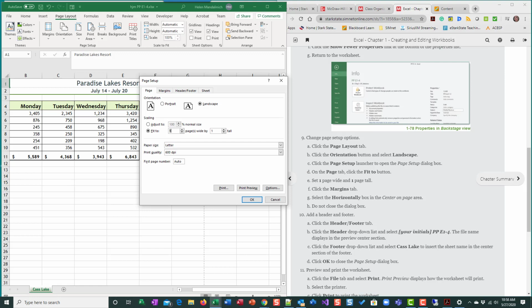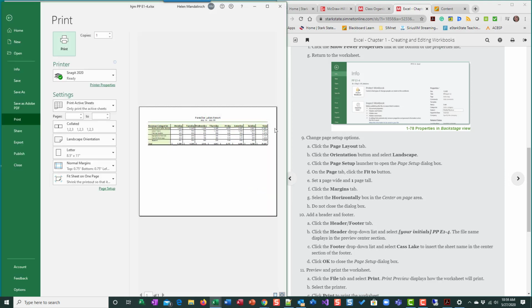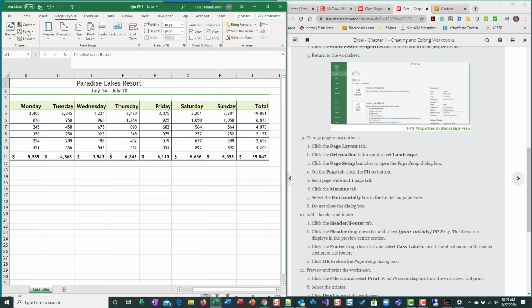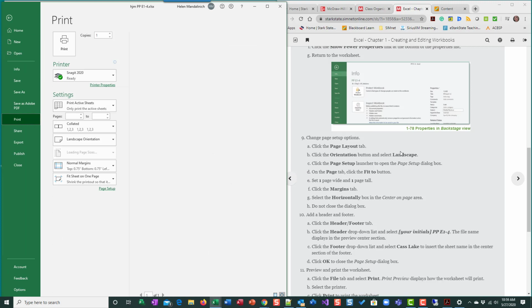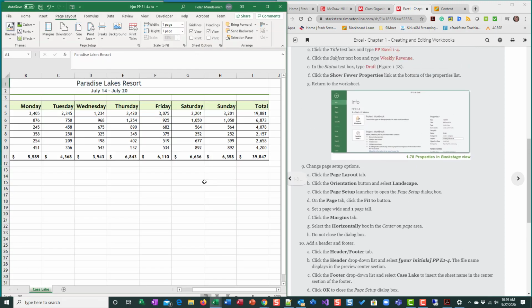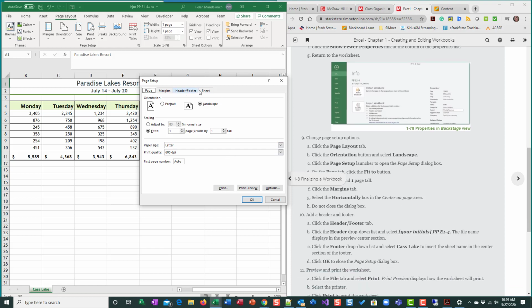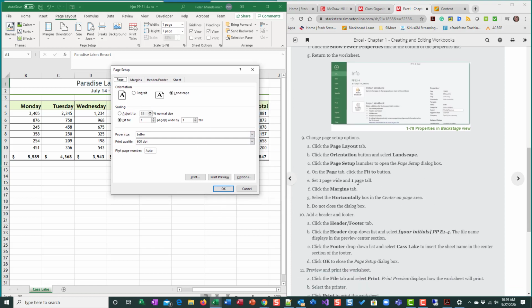deep, 1 page wide. So what you want to watch with that is that you don't make it too small. Sometimes there's just too much data and you have to break it. But I did a print preview there, and it all fits. Look, there's total. So let me just show you that again. I went to page setup, page fit to 1 by 1. Okay. While I'm still on my page setup,